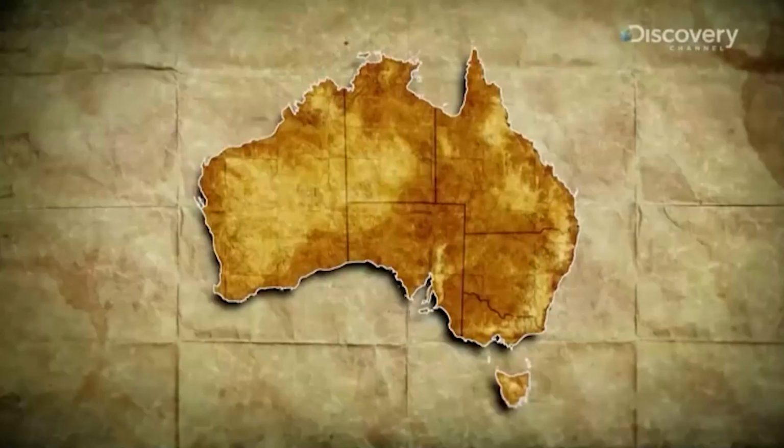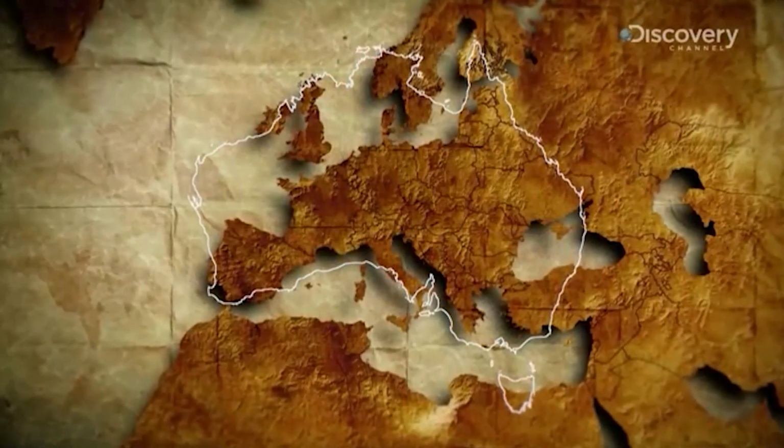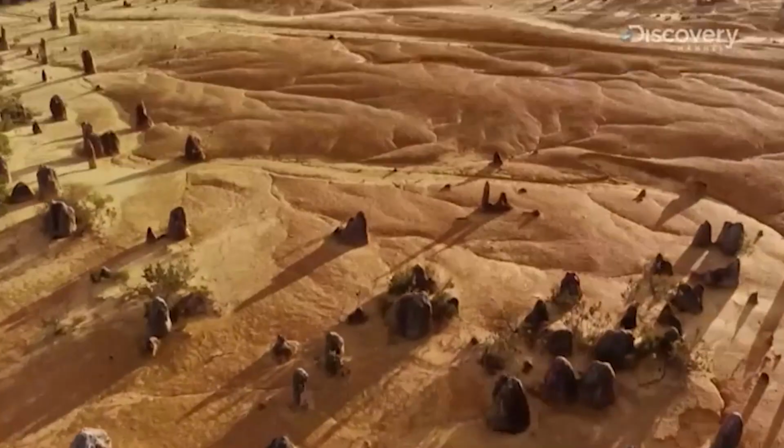A huge continent almost the size of Europe. Buried beneath its extreme landscape,